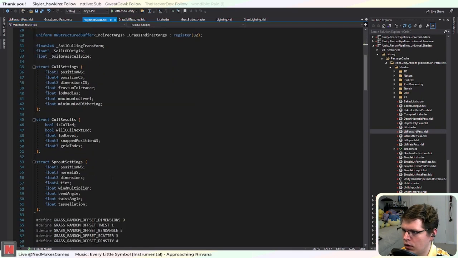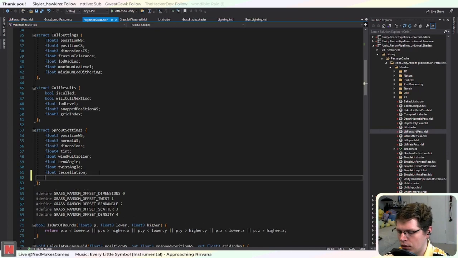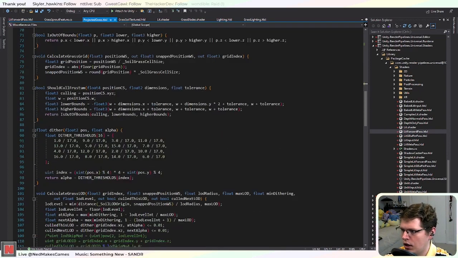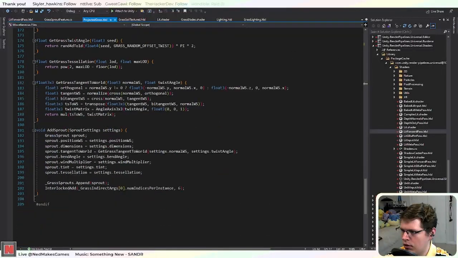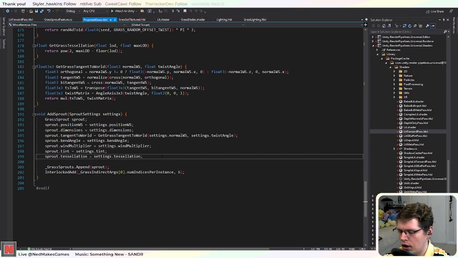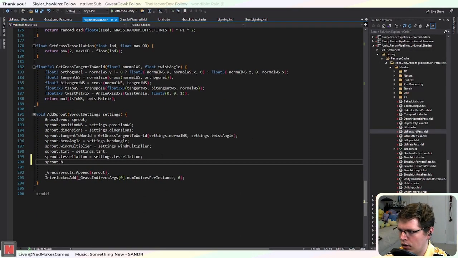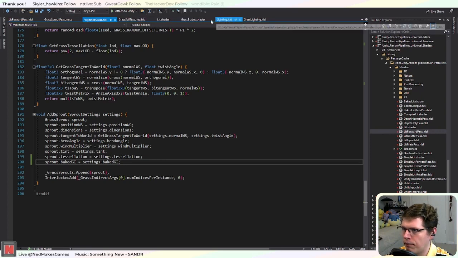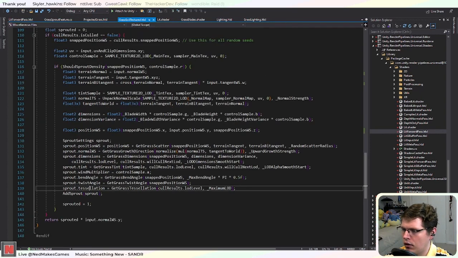Okay, here sprout settings, baked global illumination, and then we'll add it here. Equal settings, baked global illumination, and okay, so